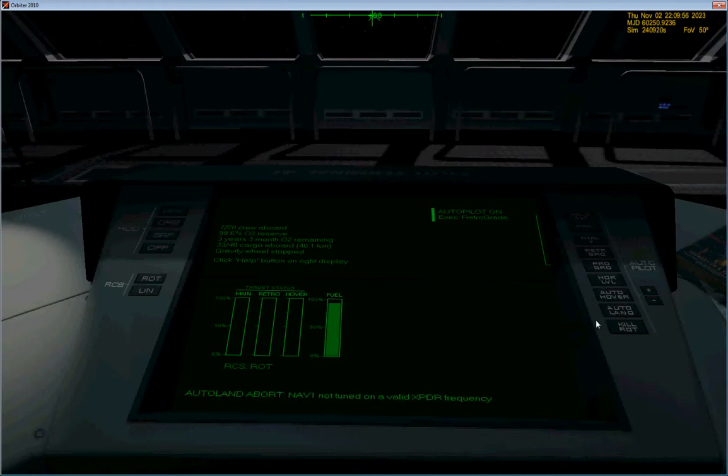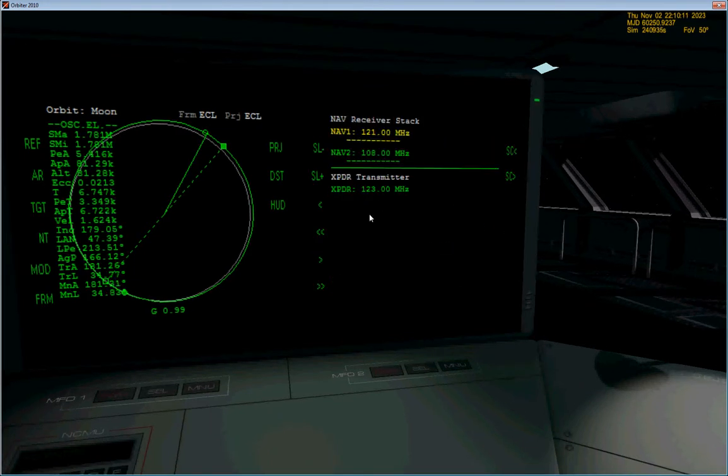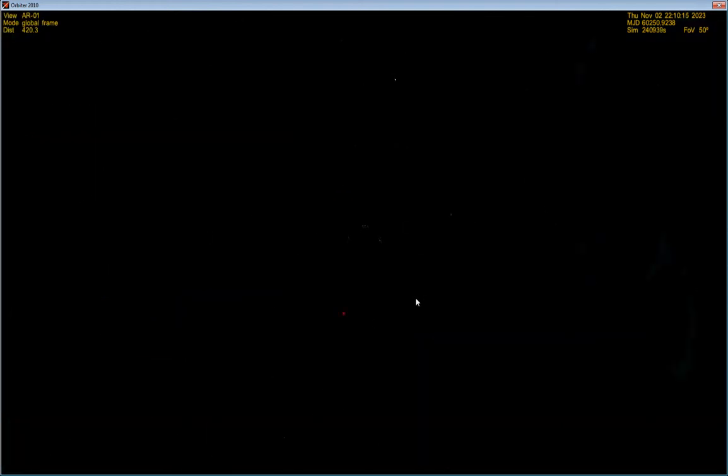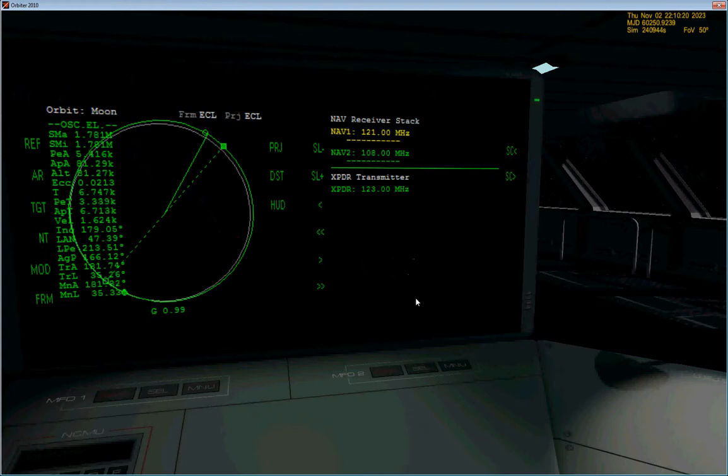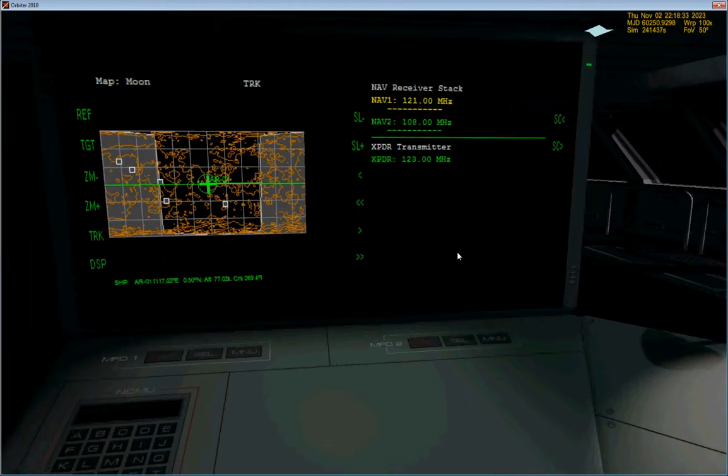Okay. So auto land is what we are going to be using. Auto land, when you try it, says nav1 not turned on to a valid XPDR frequency. Well, a lot of things have XPDR. The Delta Glider has an XPDR. We have an XPDR, but you wouldn't want to land this giant ship on top of the Delta Glider. But we have a nice flat XPDR transmitter, which is transmitting at 1 to 1 and has a range of about 500 kilometers. So as we near...